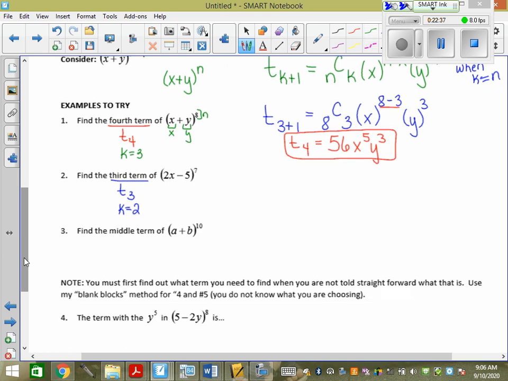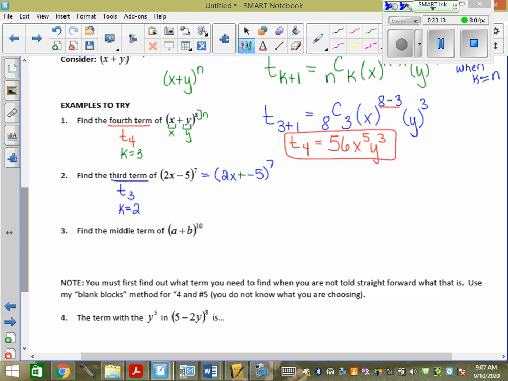So before I actually label this, I'm going to rewrite it. I'm going to put an equals sign, not an arrow. This equals 2x plus negative 5 to the 7. So where's the error? People are going to say y is 5. Y is not 5. Y is actually negative 5, and it makes a difference. Do you think they're going to have an answer where you use 5 as y instead of negative 5? Yep. And then they'll get picked, and it will be wrong. So there's that little catch.